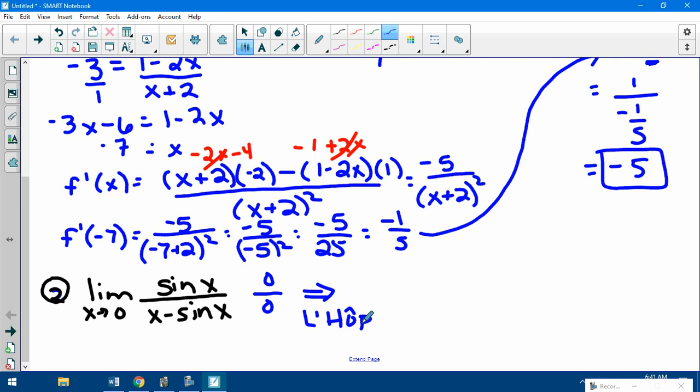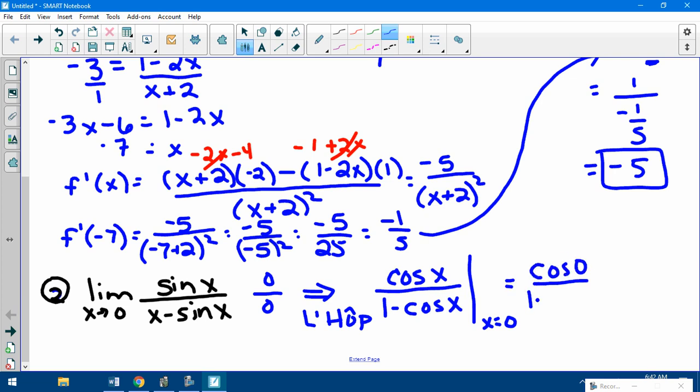So this is going to equal the derivative of the top. What's the derivative of sine? Cosine, over the derivative of the bottom, 1 minus cosine of x, evaluated at x equals 0. Remember the notation, put that in. So this is going to be cosine of 0 over 1 minus cosine of 0. What's cosine of 0? Cosine starts at 1, so it's 1 over 1 minus 1, which is 1